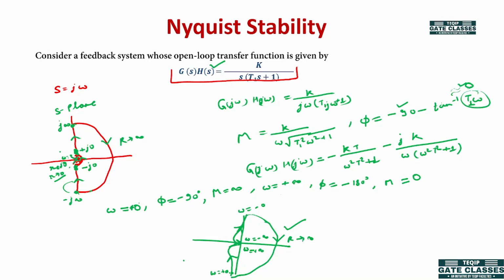Okay, so this is a type 1 system for open loop transfer function. That's why we have removed this particular point, that is the origin point, to draw this Nyquist plot. Now we can see, here must be the point minus 1 plus j0. It does not have any pole in the right half of S-plane, so P is equal to 0. Okay, and Z must be equal to 0.